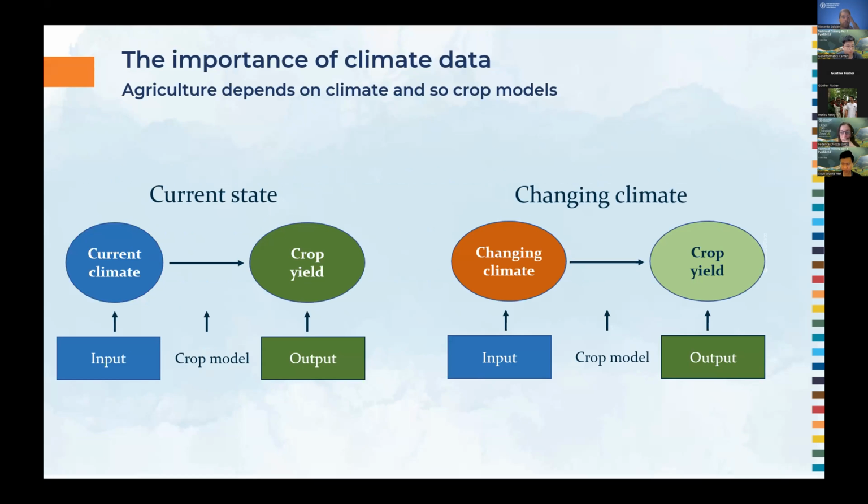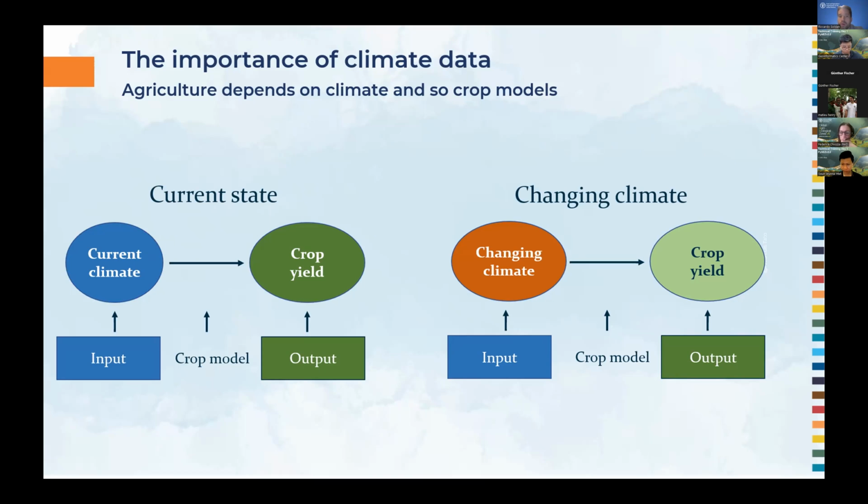I guess the first point, the importance of climate data, is sort of intuitive. Agriculture depends on climate, and of course, so do crop models. If agriculture weren't so dependent on climate, then maybe we wouldn't be here talking about the importance of climate data and information for running crop productivity models.